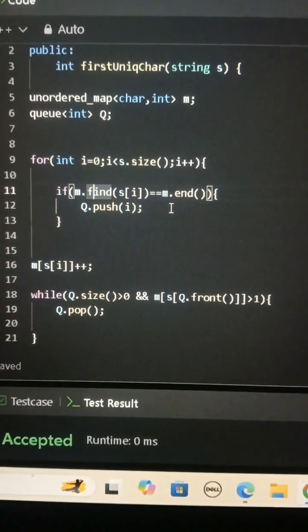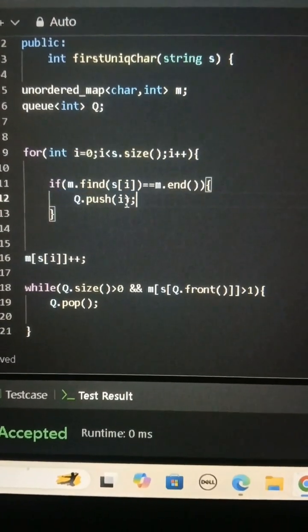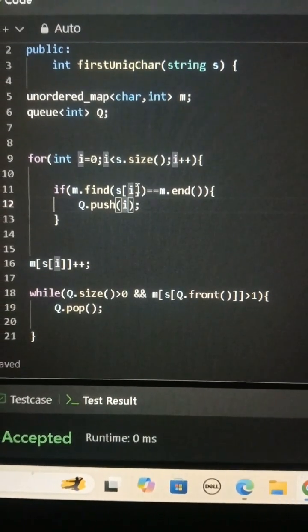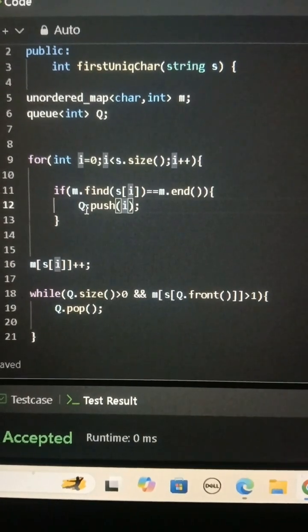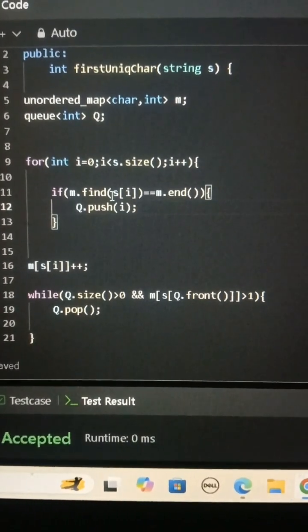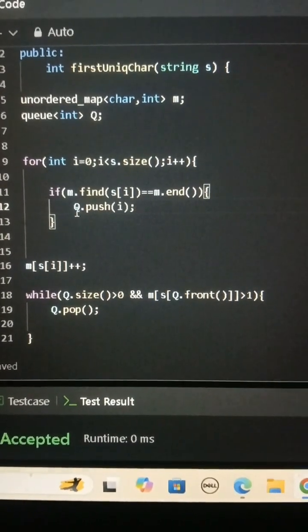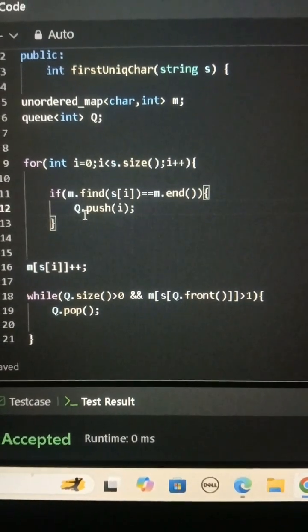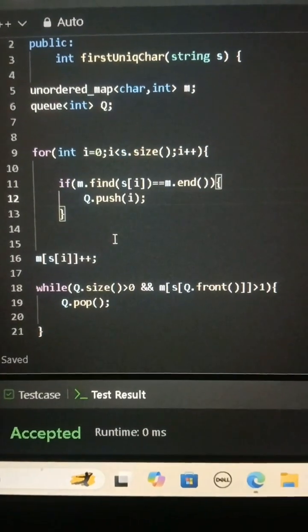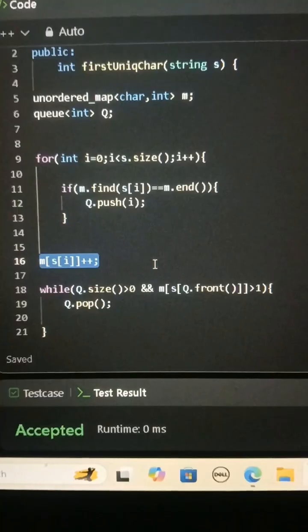So we are pushing that character's index from that string into the queue, with queue.push. We are pushing inside the queue, and then what we are doing after that is